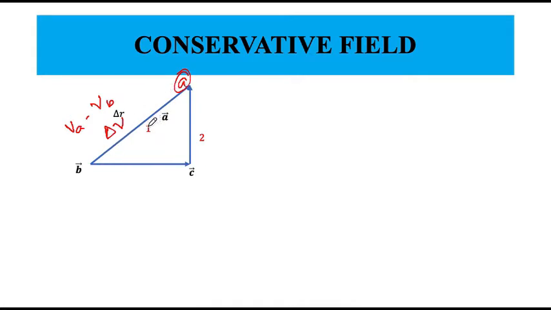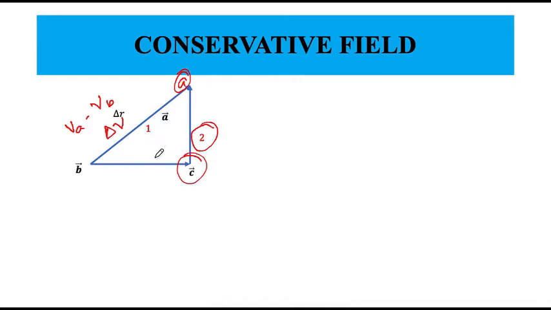Suppose you do not go straight from b to a. Let's say you go from b to some other point c, and from c ahead to point a. Of course you are still going to the same final point, but you are now taking a different path. So now let's call this path 2.